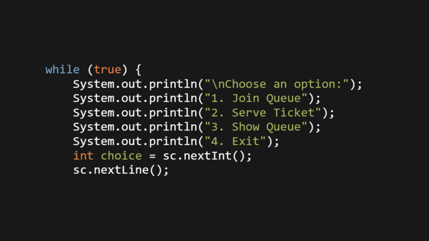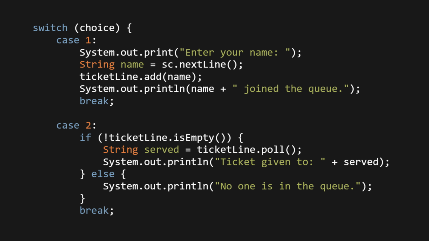int choice = sc.nextInt(); sc.nextLine(); switch (choice) { case 1: System.out.print("Enter your name: "); String name = sc.nextLine(); ticketLine.add(name); System.out.println(name + " joined the queue."); break; case 2: if (!ticketLine.isEmpty()) { String served = ticketLine.poll(); System.out.println("Ticket given to " + served); } else System.out.println("No one is in the queue.");